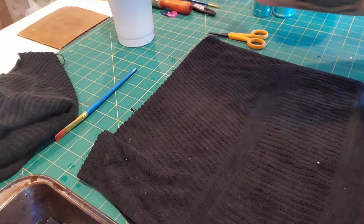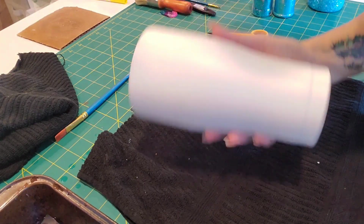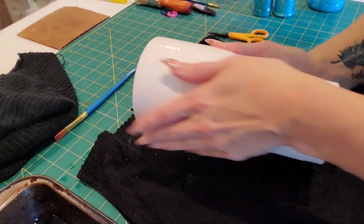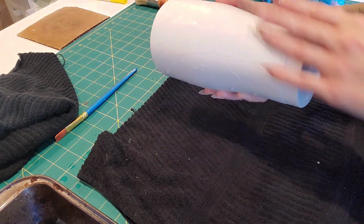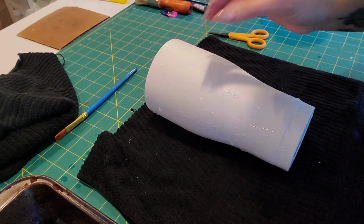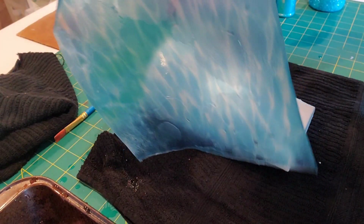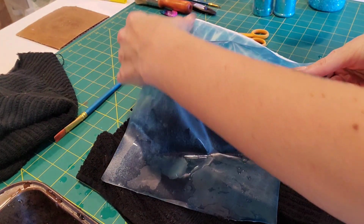Okay, so I've got my paper separated. I'm going to take my cup. You want to wet your cup. I just take some of the water out of my bucket and put it on there. And here comes, I have totally just taken it off. I think it's easier that way for me. And then I